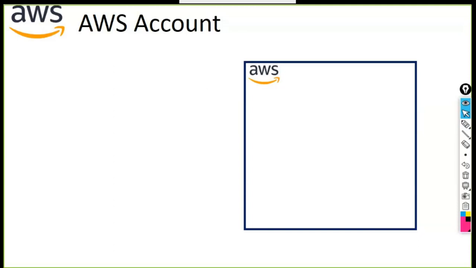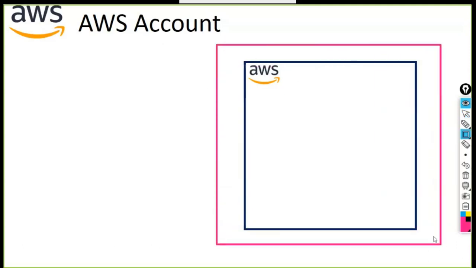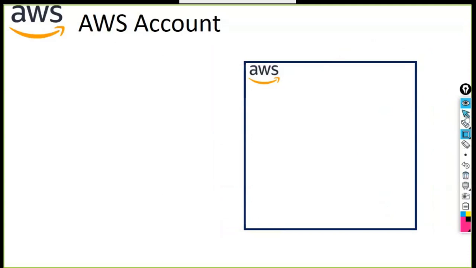Now, if you look at this slide, the first thing, this is the AWS environment. What you are seeing here is the actual AWS environment. Now in this AWS environment, we are going to launch the new account of our own, and it's our own account. It's an individual account. It's not someone else's shareable account. Please be noted. So the first thing that comes to my mind is isolation.